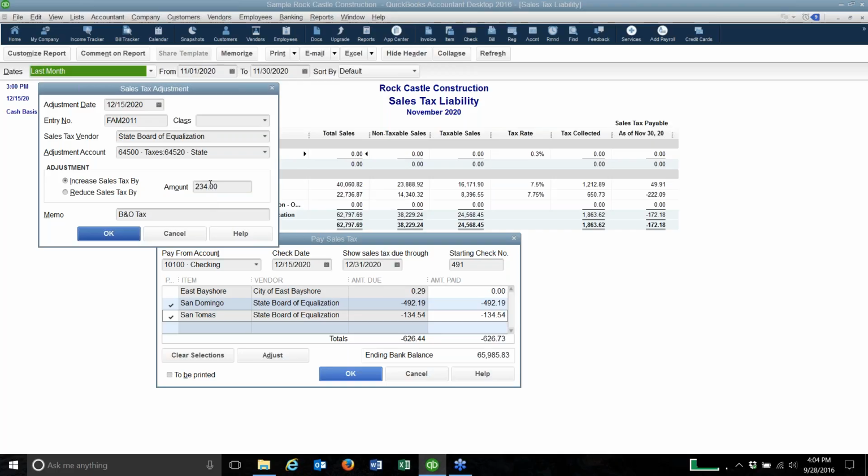Okay, but the problem is when you put this in here, it doesn't match. It doesn't tie out to the correct amount, and you're like, why doesn't it? Well, if it is not going to match, you can actually make an adjustment right here to the amount that will ultimately produce the accurate check for you. So if we made this the B&O taxes, just to make this work, if we made it for $700,